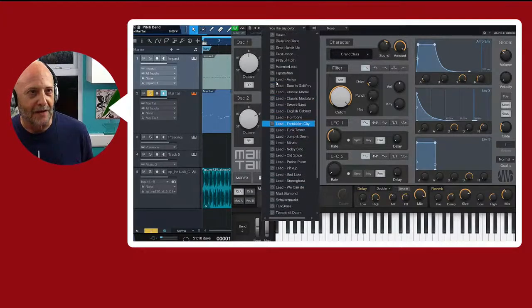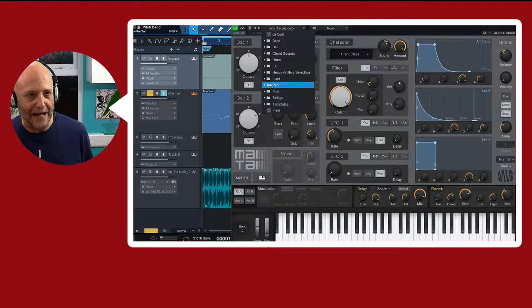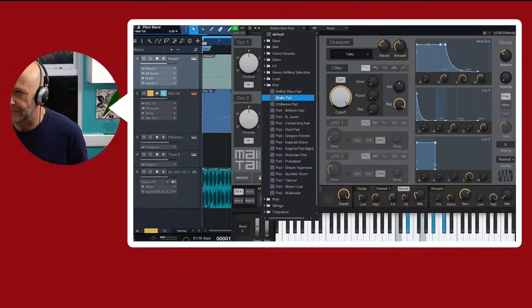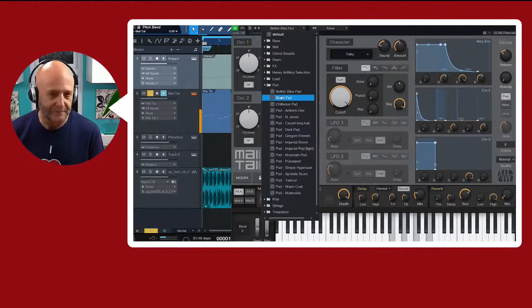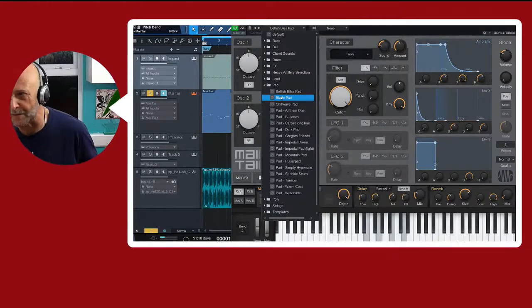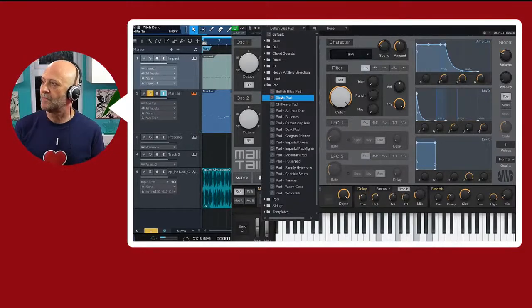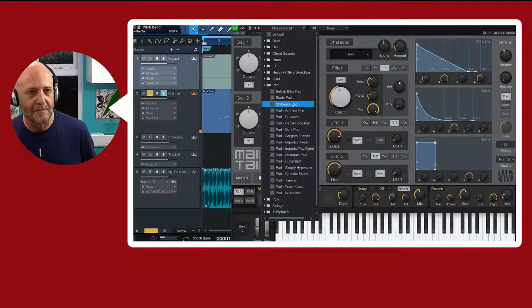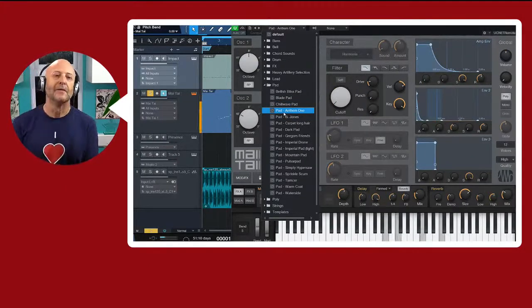So good. And then I'm just going to wrap this up really quickly. So finally, we've got some pads on here, polyphonic stuff and synths, strings as well. So we'll just look for some pads here. So this is a Bliss pad. A pad is kind of a warm sound, like that. Just something to create some really atmospheric kind of music with. Chill wave. A lot of these are very, very similar, so having said that,